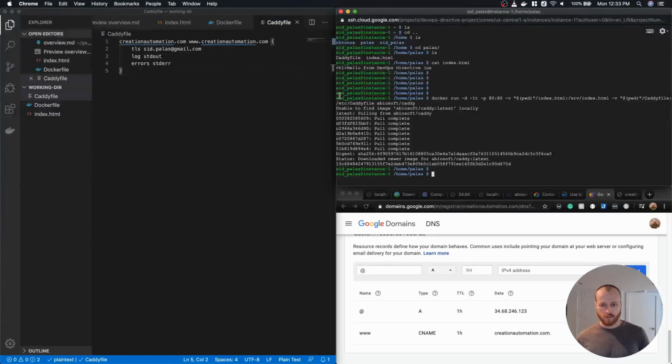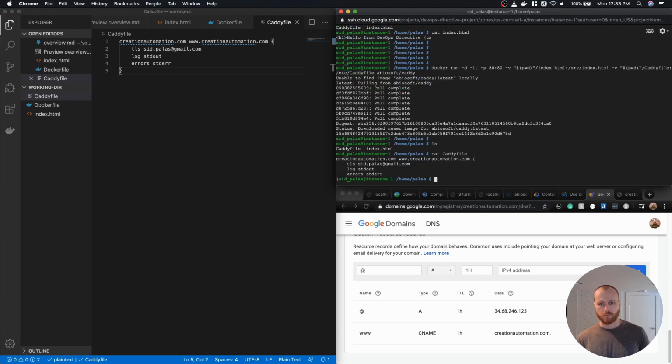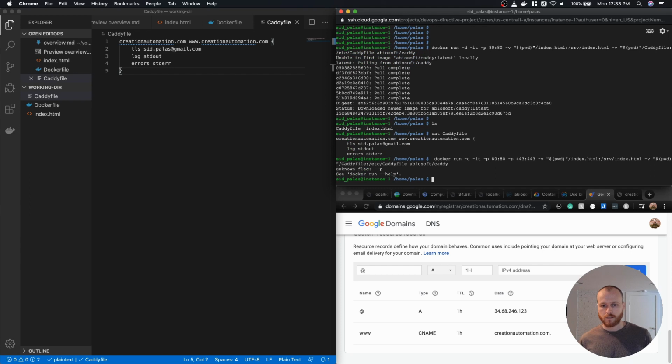Okay, that's there. Let's make sure it looks like we want it to. creationautomation.com looks good. And then we need to rerun our Docker command, but we also need to port forward port 443, remember, because that's where the secure web traffic is going to come over. 443 -v. And so if I run this,